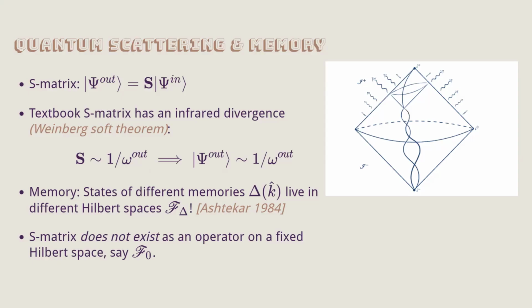That's a different question. But why don't you take the direct sum or the union of all of these and call that the Hilbert space? Then there's only one Hilbert space. Sure, you can. That was your original question. Now, suppose you do some process in which you get some memory. If I do a small Lorentz boost, it'll give me a boosted memory. This depends on angle, so it changes, right? In a direct sum, that is not unitarily represented continuously. You can't do infinitesimal Lorentz transformations if you direct sum.